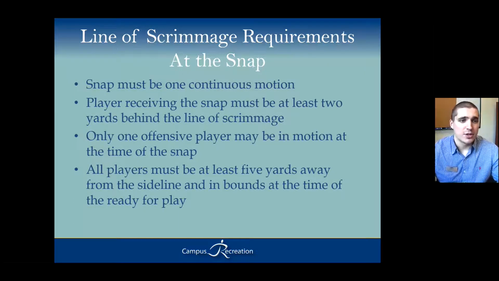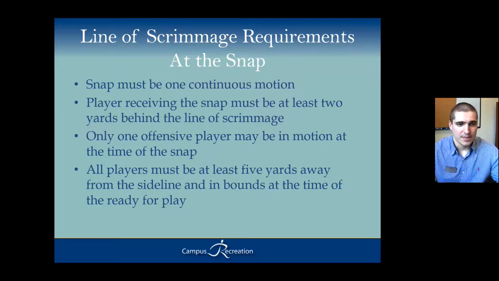Here are some other requirements. For the snap, it must be one continuous motion. It does not have to be between the legs, so they can kneel down next to the puck with the ball, and the only requirement is that they must do it in one fluid motion. Another requirement is that the quarterback, or the person receiving the snap, must be at least 2 yards behind the line of scrimmage. We can be kind of lenient with that. If somebody's within 2 yards, probably give them a warning first, unless it's egregious and they're right up on the line. So go ahead and give them a warning and let them know,